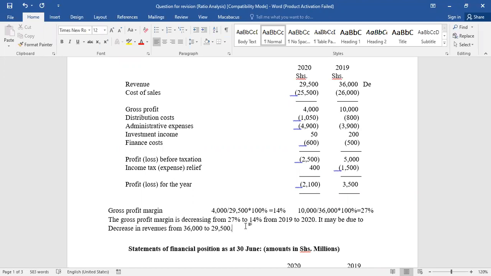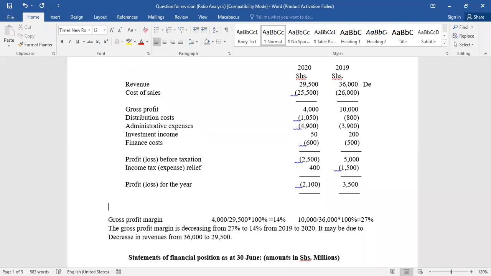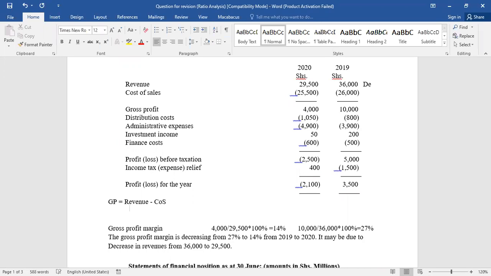Okay, so I was saying that what you say here is you don't commit yourself in terms of tense. But what is obvious is the gross profit can only reduce. If I may show you mathematically here, gross profit is equal to revenue or sales minus cost of sales. If this figure is, say, 2,000, it can only be equal to 10,000